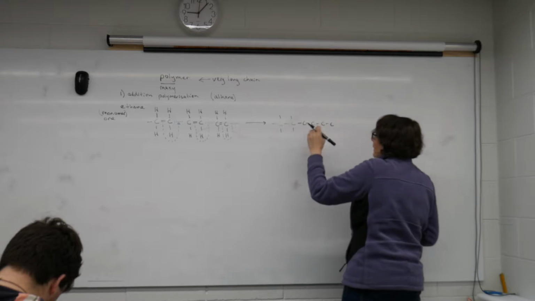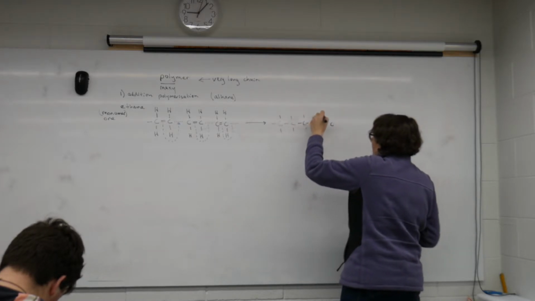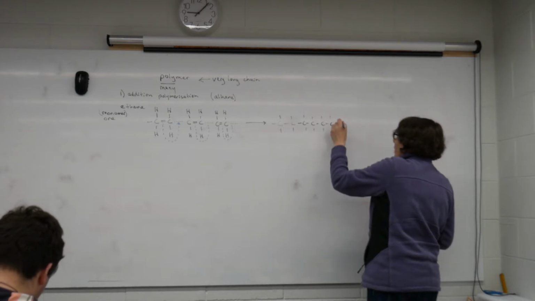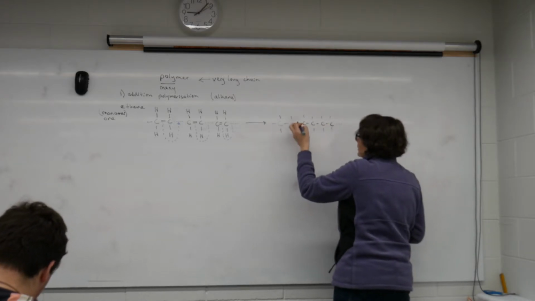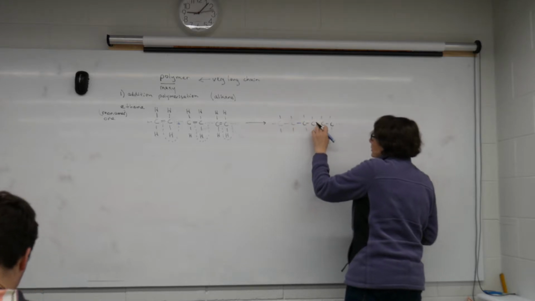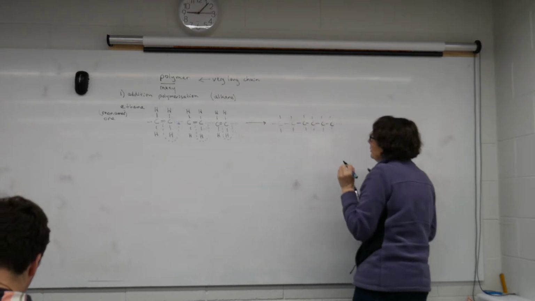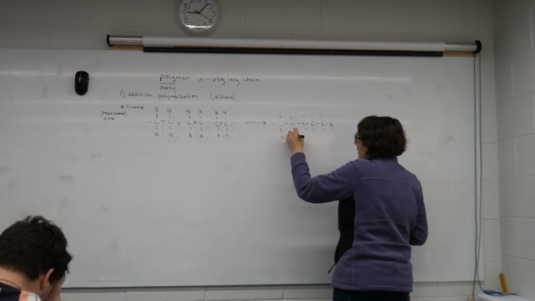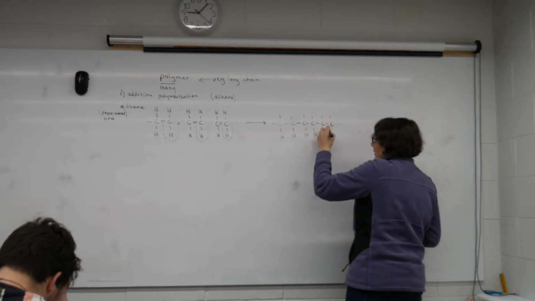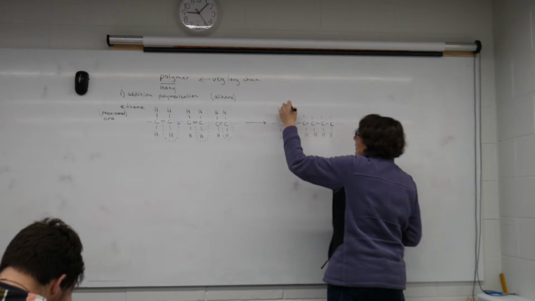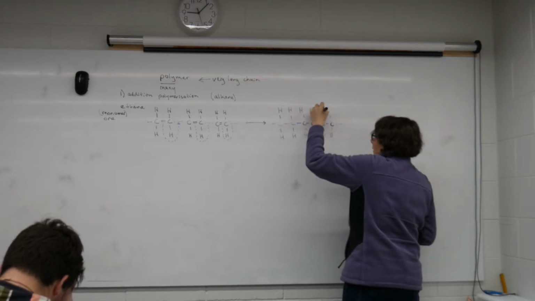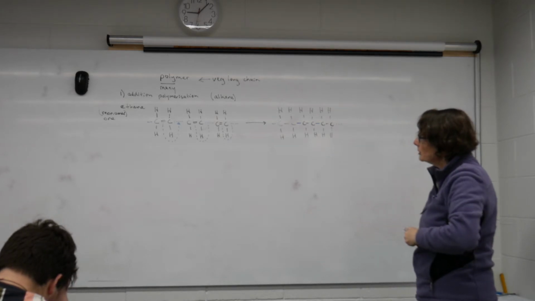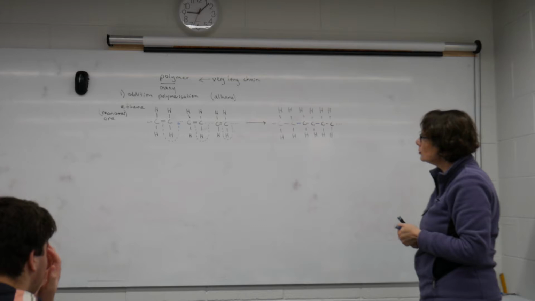So if I look at my 3 repeats that I did there, actually I can put that in as a blue bond. So that's what happens, is that we break the double bond and we form a new bond to make a